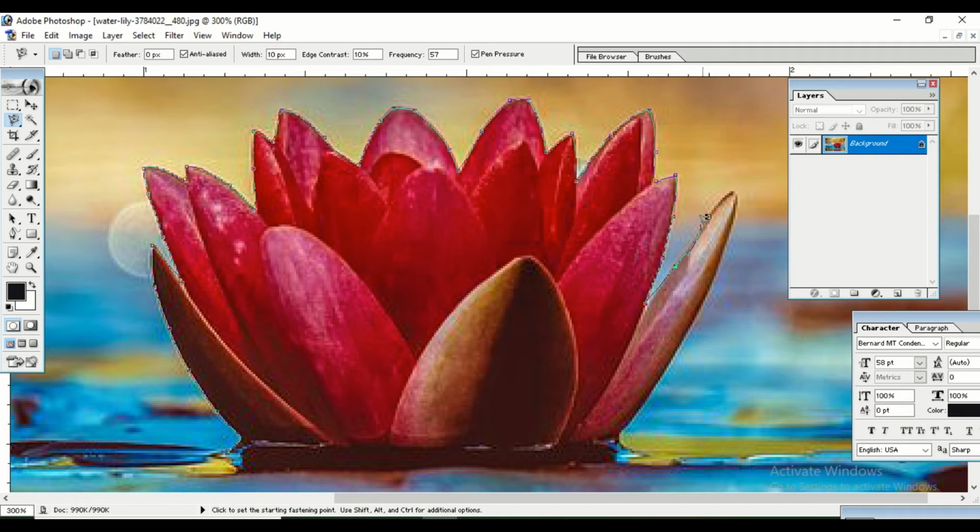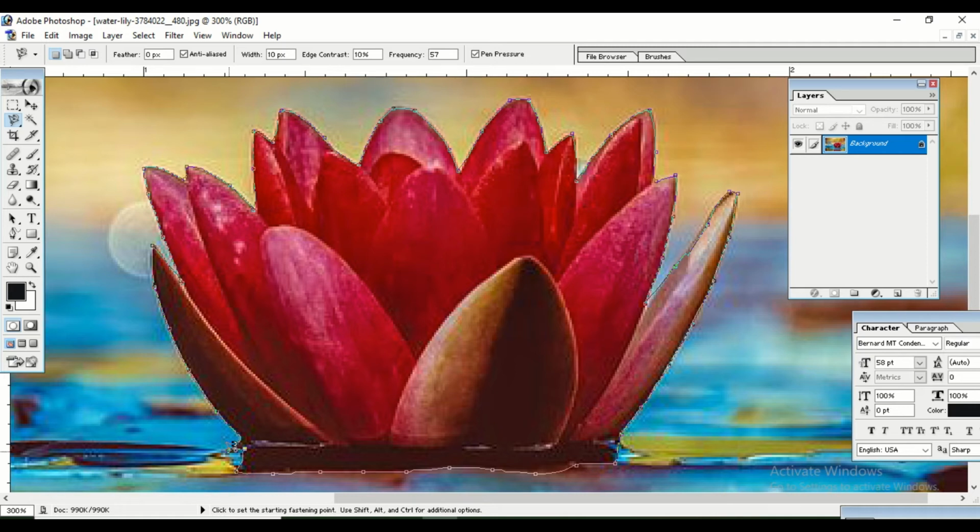Click here. Then move the mouse pointer on the borders. Click here again. Click and then change the direction of your selection. I'm clicking here because it is not taking proper shape, so I have clicked there. Click here again, and then start the selection. Continue this selection and at the starting point, last click.